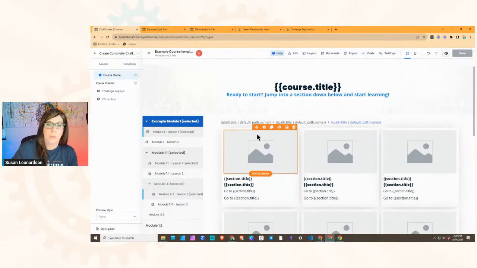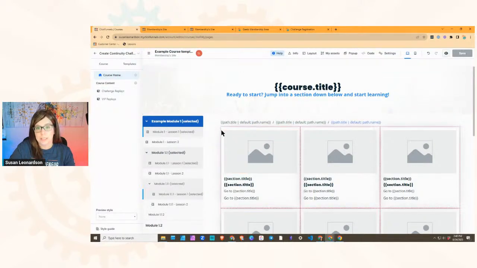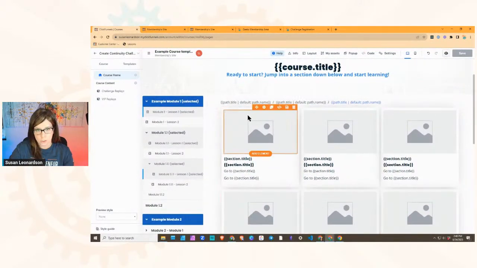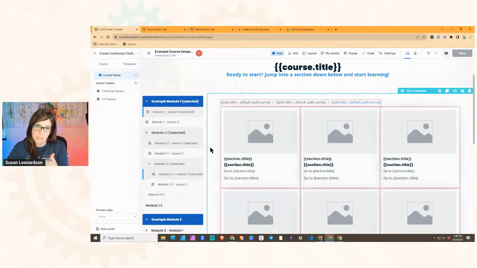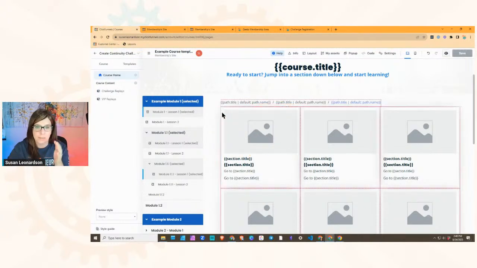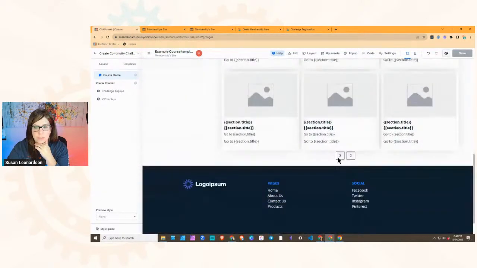The other thing that we could do is rather than having this layer upon layer until we get to the lesson, because really I just want to get to the lessons. In a library situation, I understand why there needs to be a course homepage and a module page and then the lesson page. But in a course situation, not a library situation, I think we can eliminate some of that. So what I would probably do if it allows us to,